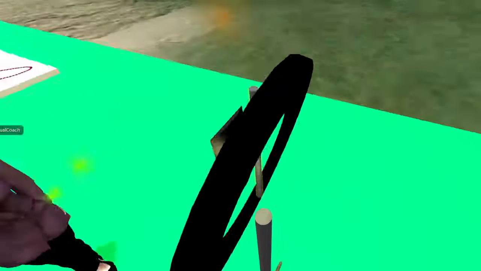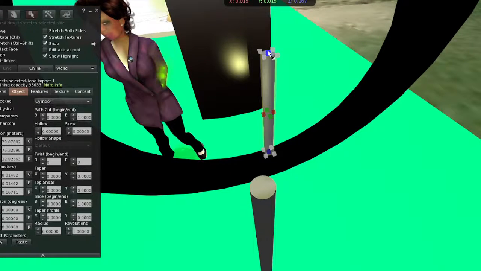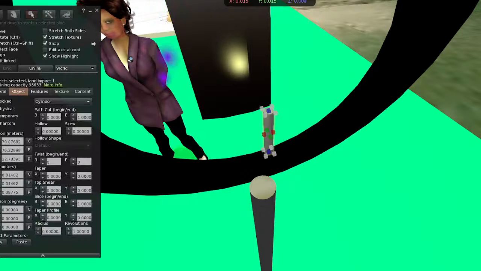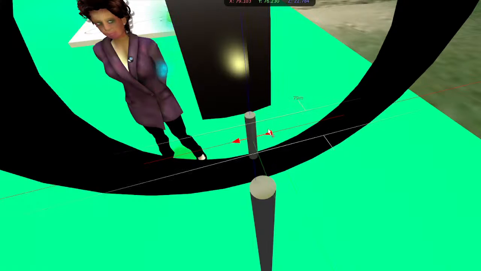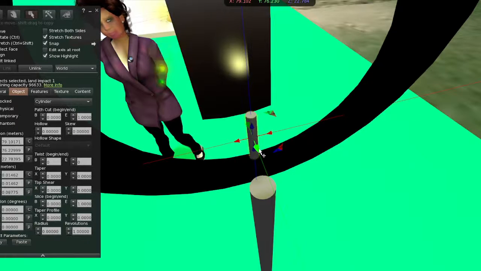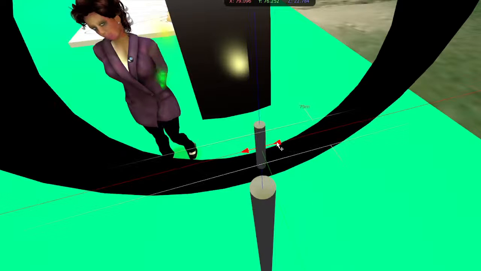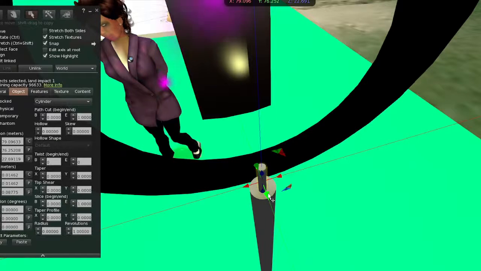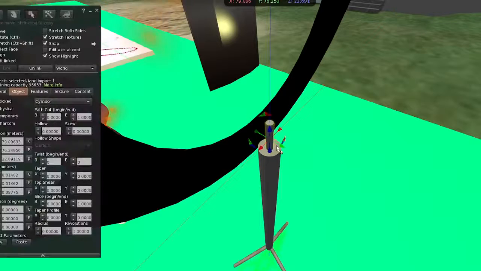You have to get quite close to it, otherwise you can't really grab the blue. Down. Say about that much. And then just kind of roughly move it into the middle of this. Put it down like that. Okay. Oops. Not perfectly in the center, but